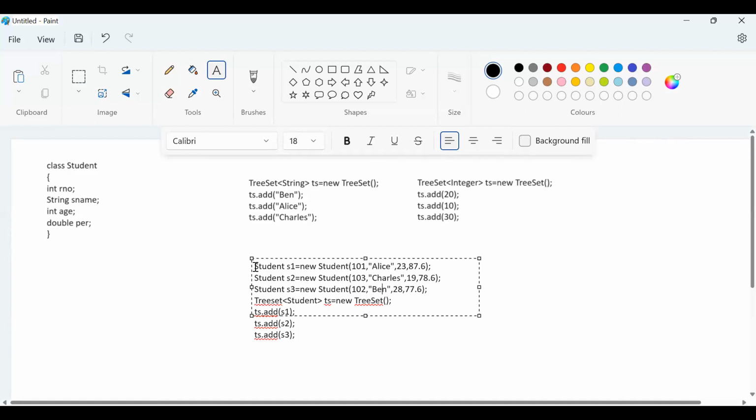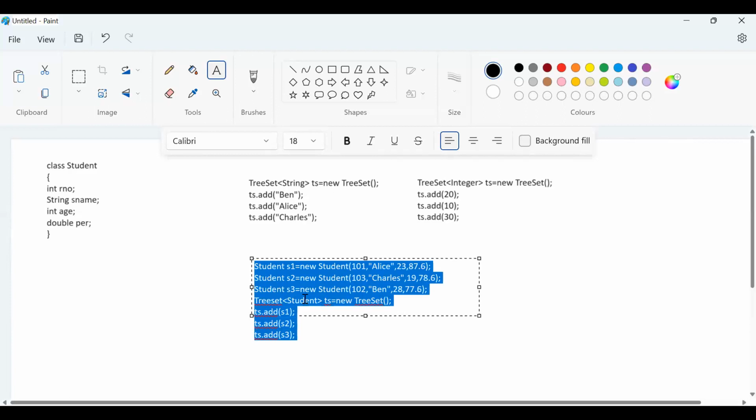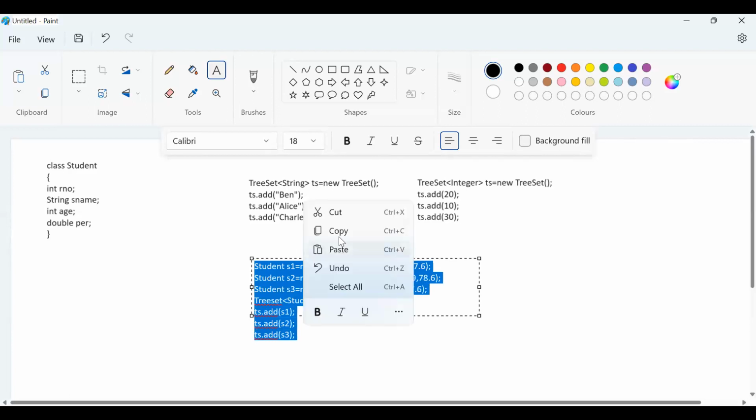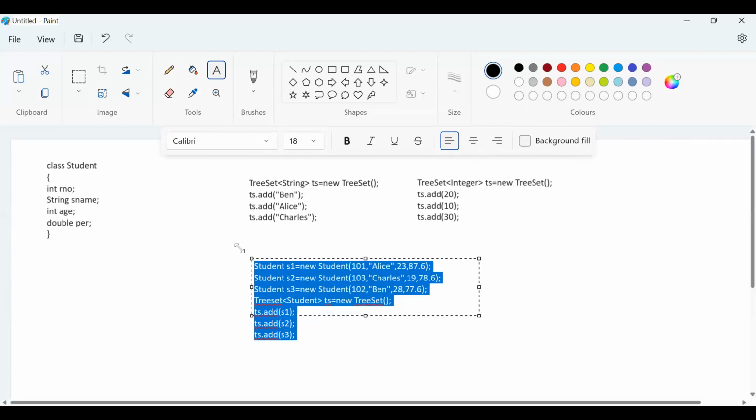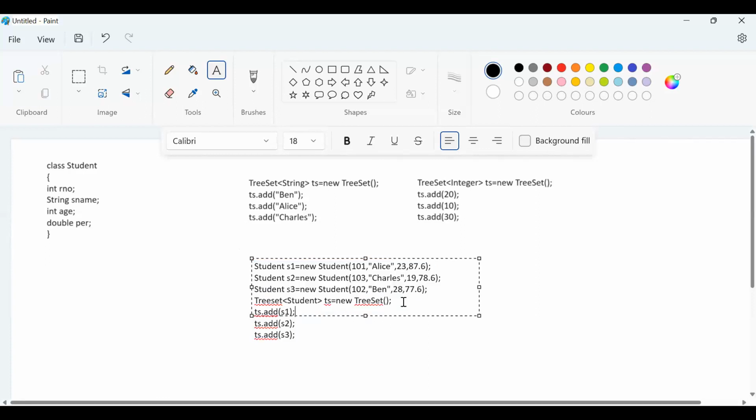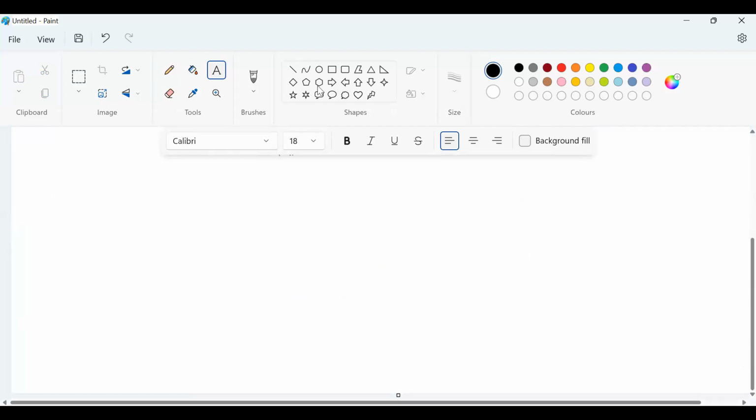Because if I write this code and run it, it will not execute. It will throw an error, because if you are using a tree set, it always does comparison. Tree set will always do a comparison and store. See, the reason why it is called comparison and store is, I'll give you an example. If I want to make a tree set of this data,